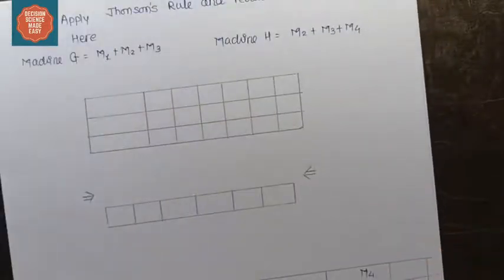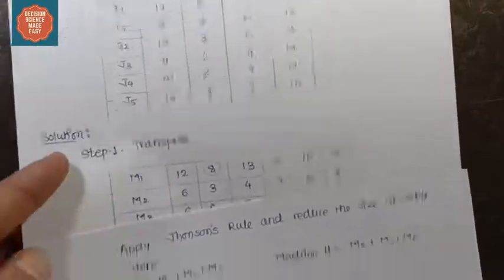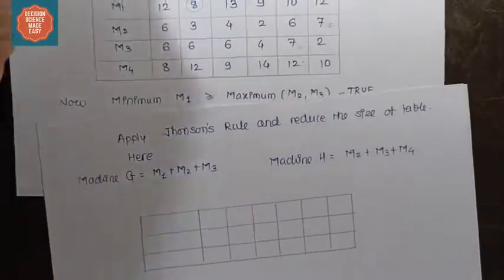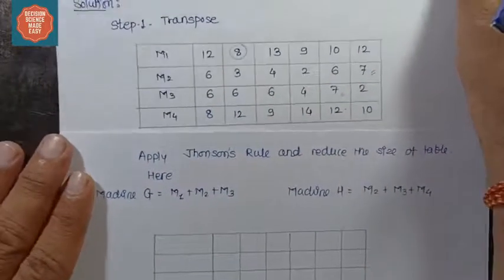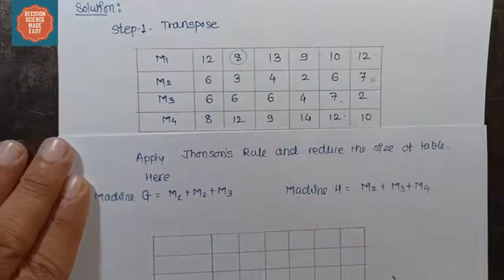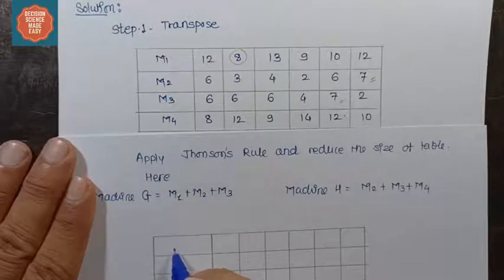Now what I'm going to do is allocate. I'm going to first club the number of rows so that I can convert this given problem into a two machine problem. As I said earlier also, whatever the number of rows and columns given, we need to convert the given machines into a two machine problem first. I can do that by creating two new machines.